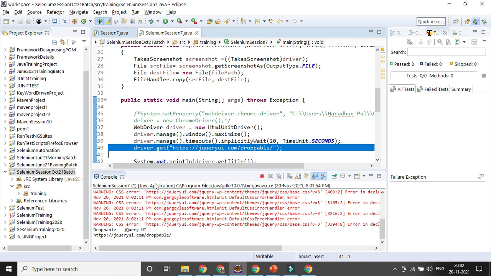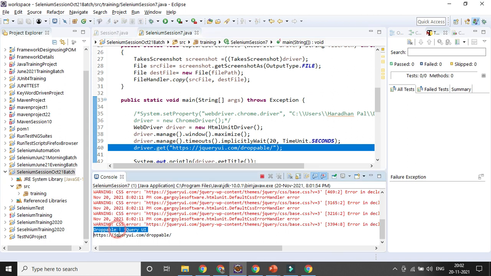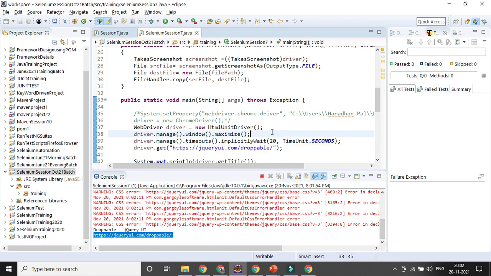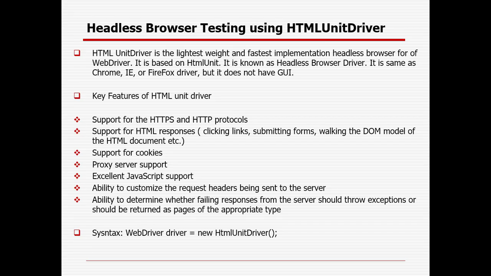You could see that part here, the UI and the current URL. So that is the one browser, the HTML unit browser. Someone said they tried other browsers; maybe that is possible, but I did not try it. I have tried only HTML unit and Chrome.